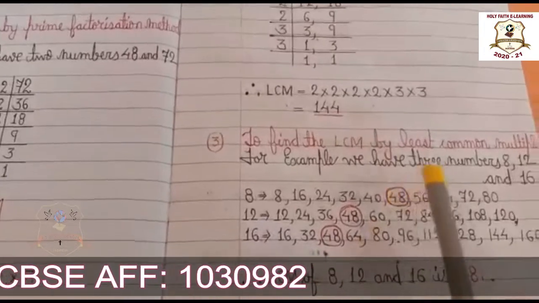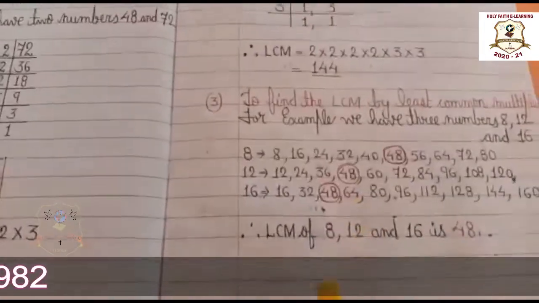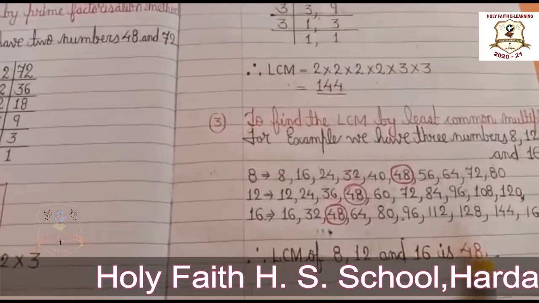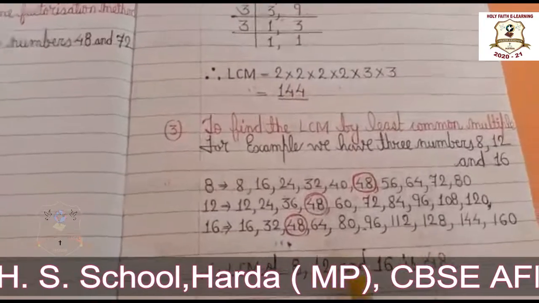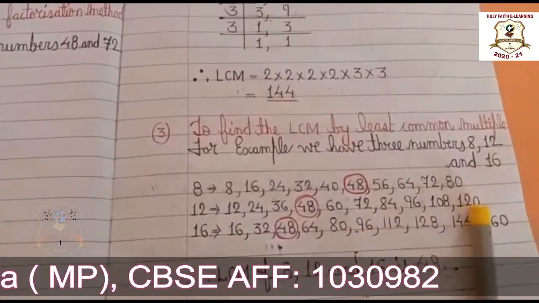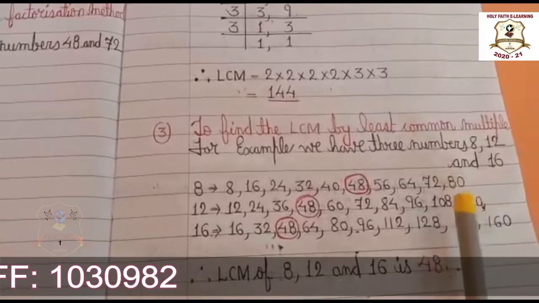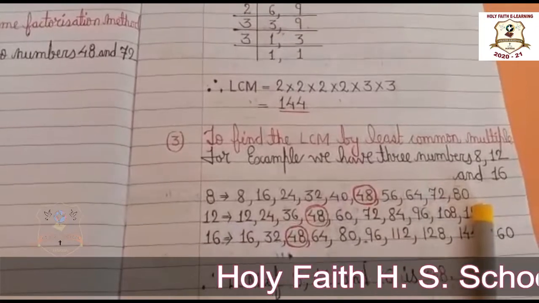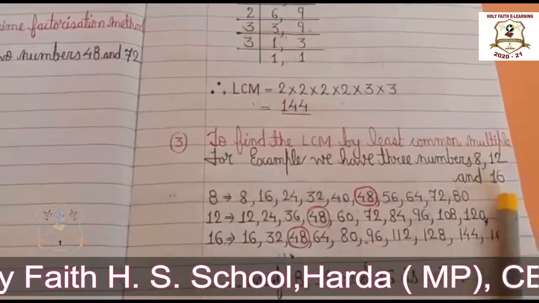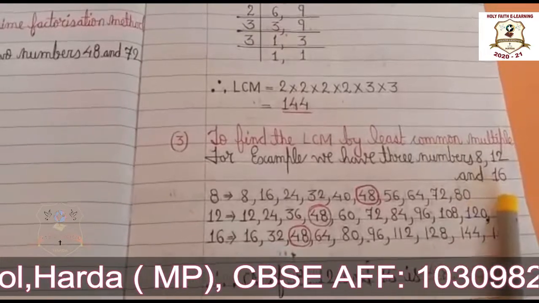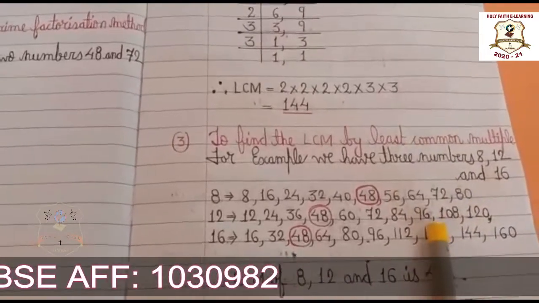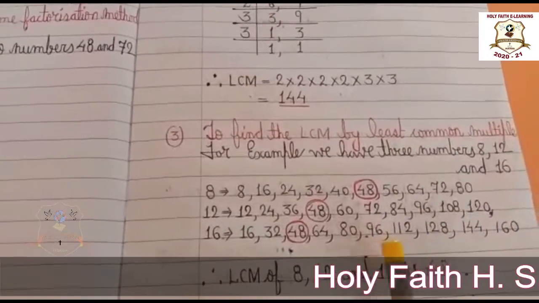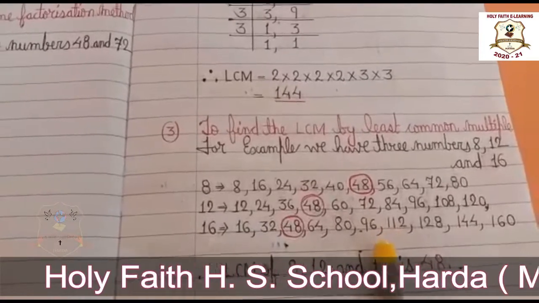Okay, na. So our least common multiple is 48, and LCM, least common multiple of 8, 12 and 16 is 48. Understood, na, beta? Okay, here we have lots of common multiples. For example, in the table of 8, 96 will be there. 12 8s are 96, so 88, and after that 96. 96 is also in the table of 12, and 96 is also in the table of 16, but it is a common multiple, not the least common multiple.